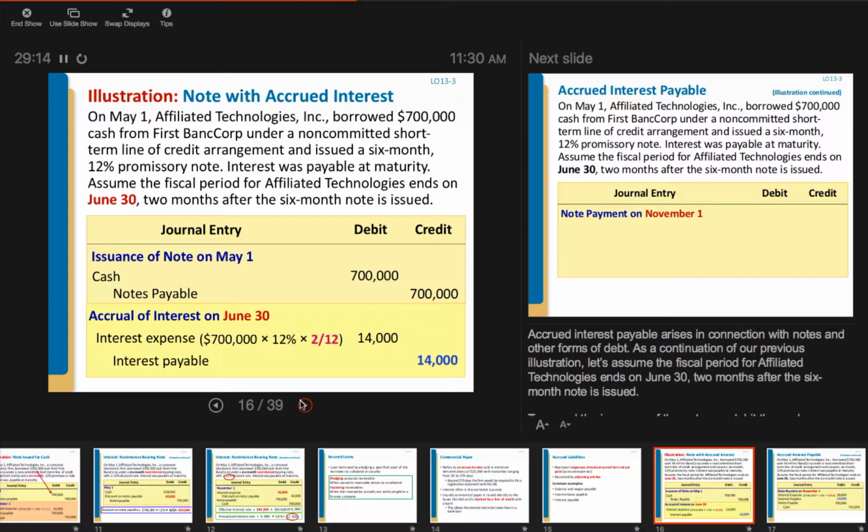Okay, 2 months have passed, so we want to capture 2 months worth of interest expense that we're going to have to pay. You recognize that expense immediately so that it goes on that year's or that fiscal period's net income, but we don't actually pay it yet, okay? Because we already have a schedule of when this is going to be paid,